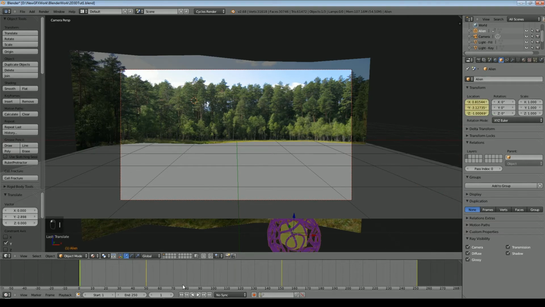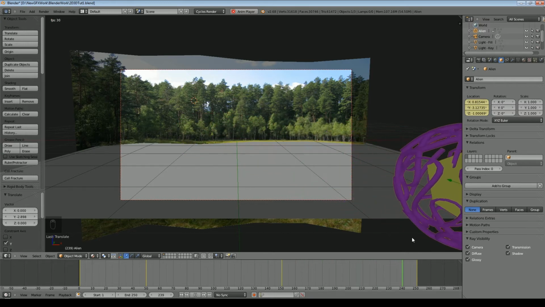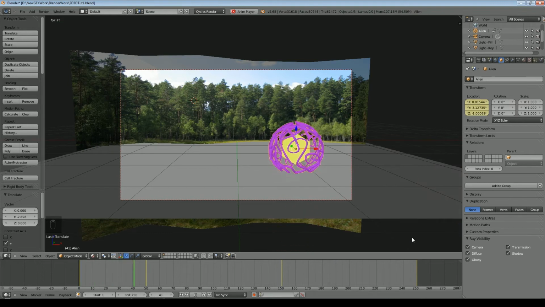So I've recorded that position, we go back to the beginning and let's see what our object does. So it comes up through the middle. It then moves across to the left. By default, this is sort of slowing up and speeding up and slowing down, so in a sort of naturalistic way. You can change that to linear if you want it to be a more mechanical look. And there we go. So that's the basis of that.